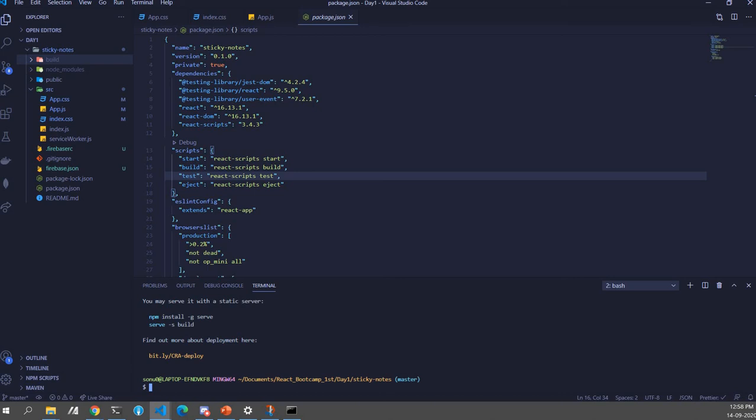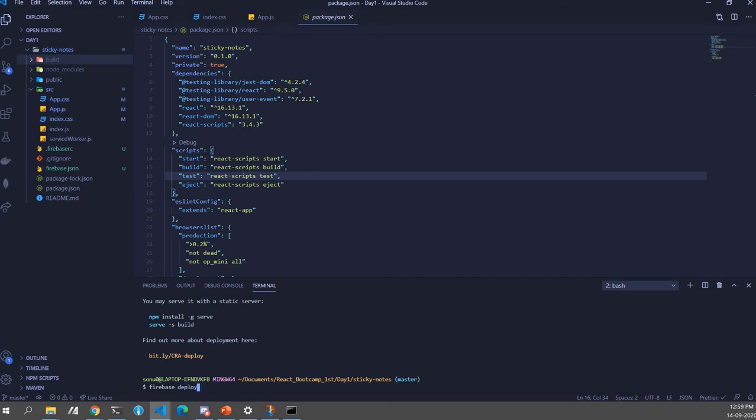So now the easiest part of deploying. We have done the hard part of deploying, now let's do the easy part. Let's see Firebase deploy.